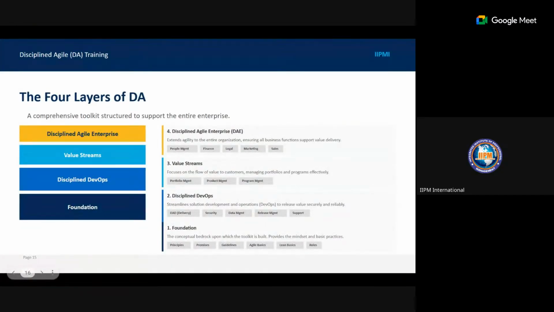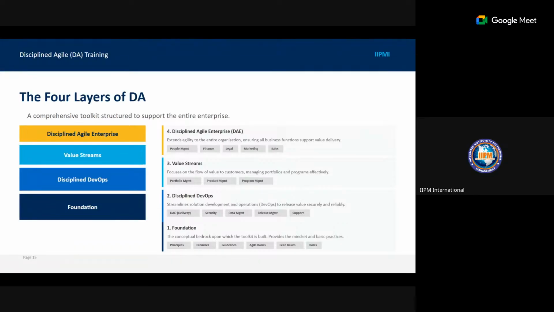This is the same thing we have from the PMI dashboard that I shared a moment ago. In the foundations, you have the principles, the promises, the guidelines, the basics, the agile basics, the lean basics, and the roles. In Disciplined DevOps, you have Disciplined Agile Delivery, security, data management, release management, and support.